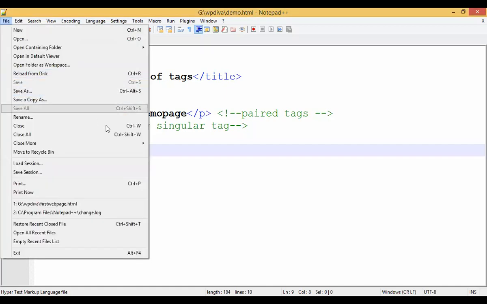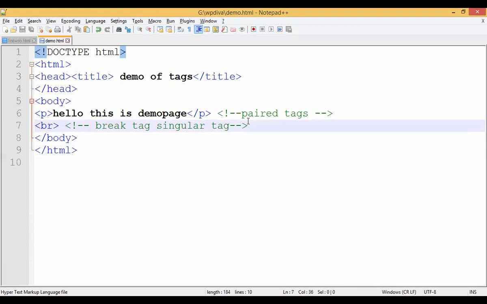Just save that file once again. You can use Alt F and yes, okay, to create the file. Then open your folder for execution. I have created the folder in the G drive, WP A division, demo file, and it will show Chrome. When you click on that, it will show in Chrome only. Just double click on that, and the file will open with Chrome.